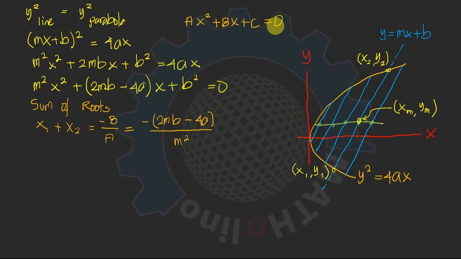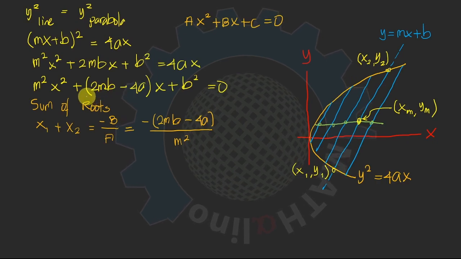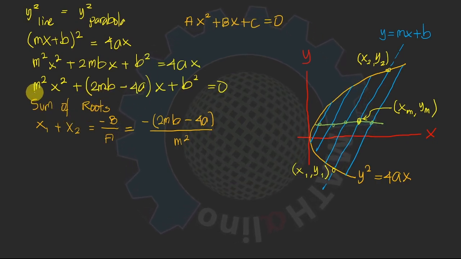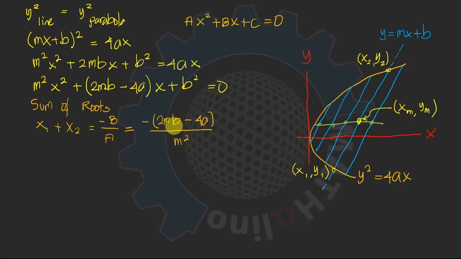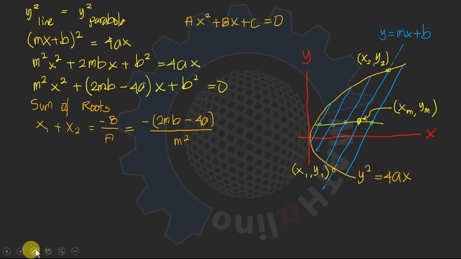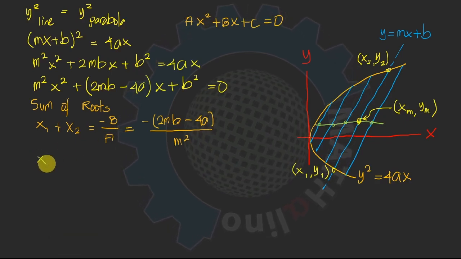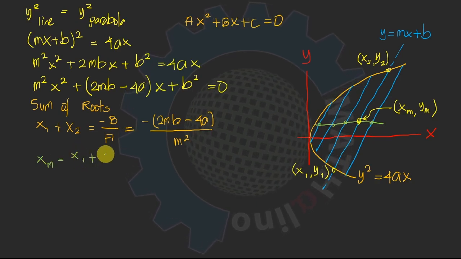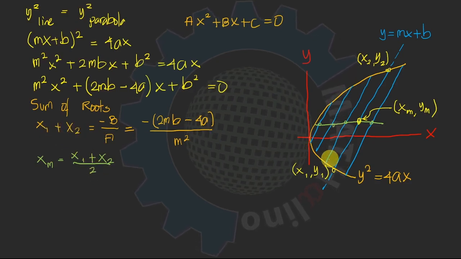is equal to 0. The sum of roots x1 and x2 is negative b over a. And it happened that our b is this one, the coefficient of x, and our a is this one, the coefficient of x squared. So this is the sum of roots, and what we need is the xm. From the midpoint formula, xm is actually equal to x1 plus x2 divided by 2,